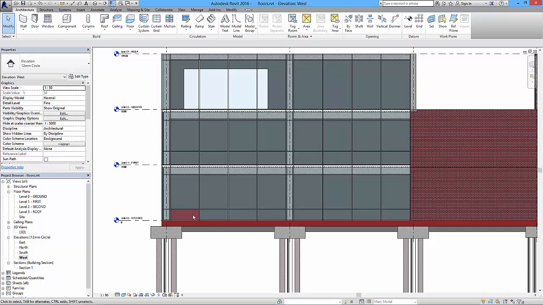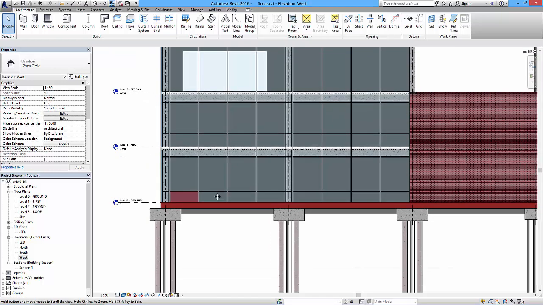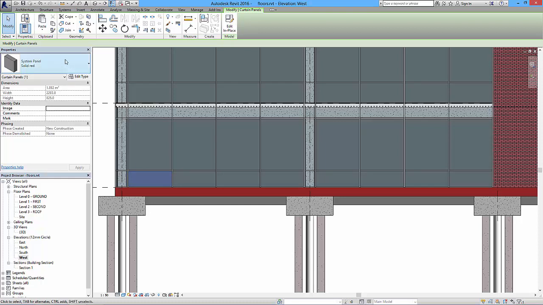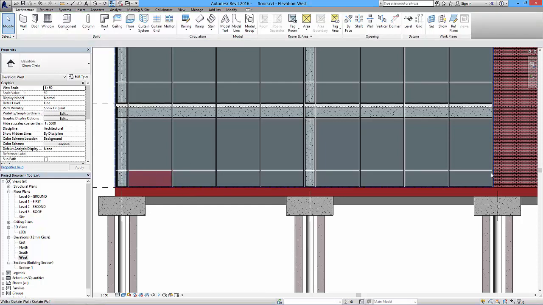And if I went to render it, we'd have a nice shiny sort of red finish. So we've also now got another solid panel called aluminium red. So if I just tab in and select that, now it tells me it's the system panel solid red. So I'll just do the same thing with the other bits, and again we'll use the filter because it's so